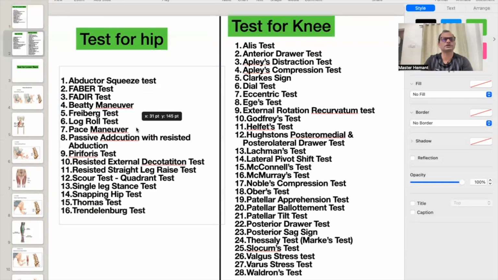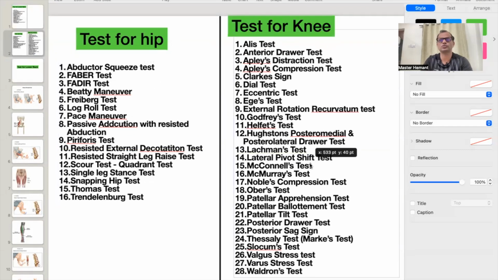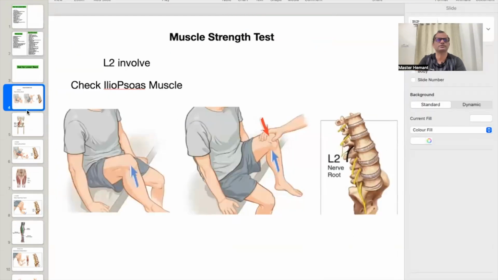हिप में इतने टेस्ट किए जाते हैं. They are the list of the test, and for the knee there are too many tests recommended, right? इतने सारे टेस्ट होते हैं. Right now as telling you,